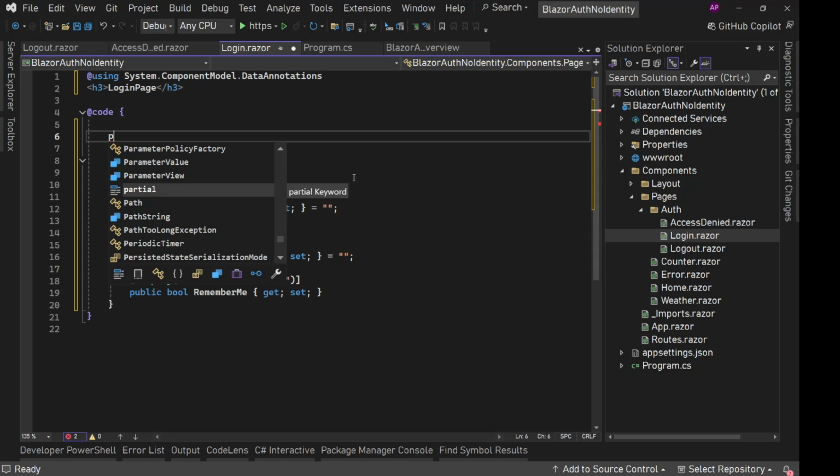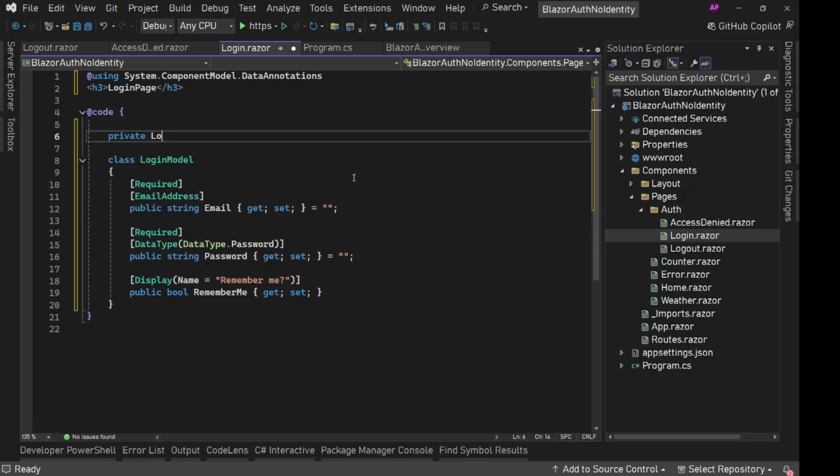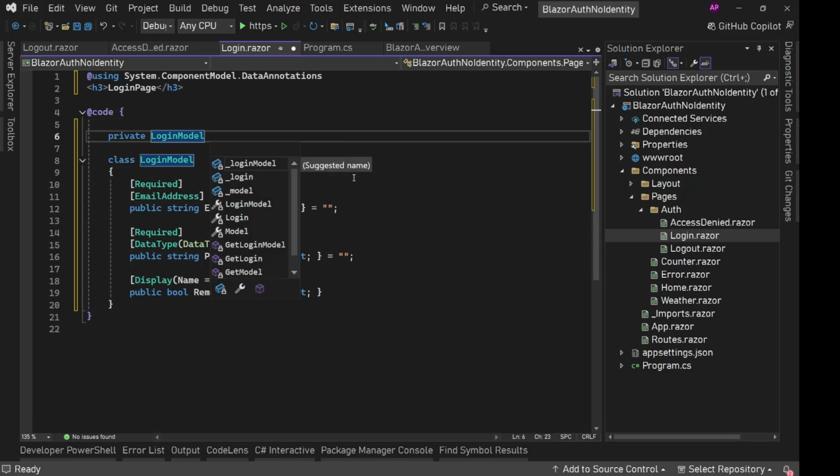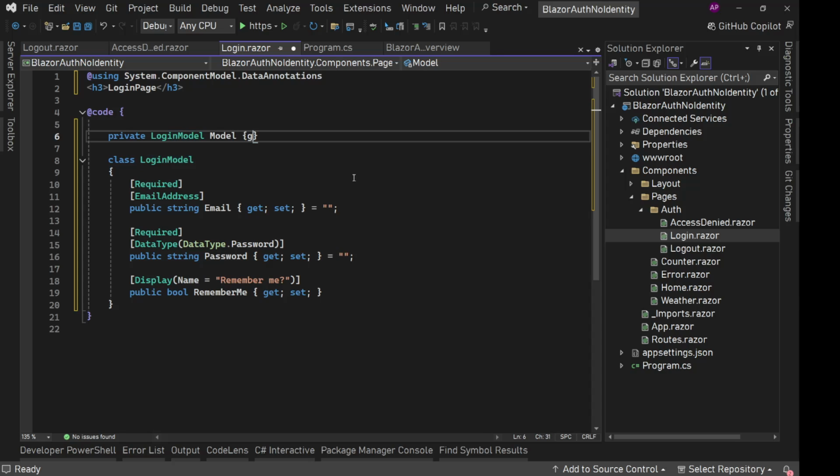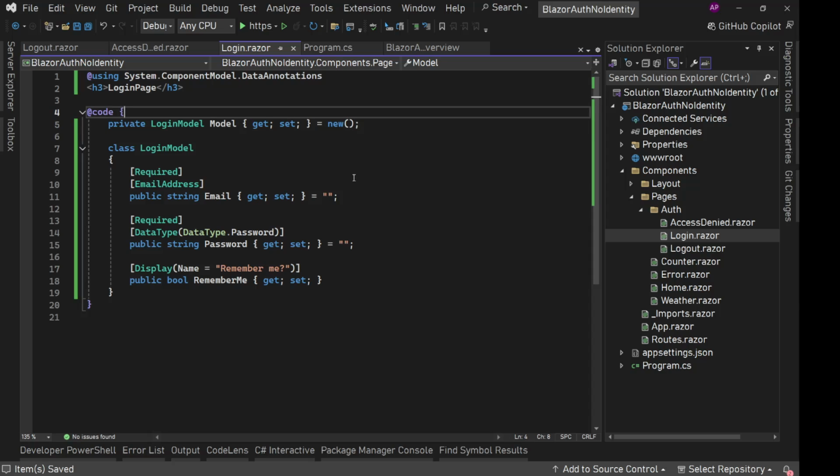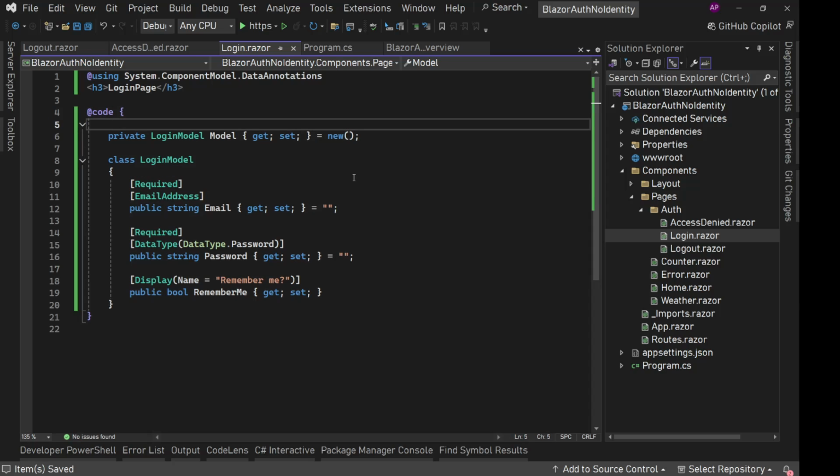So we'll say private login model, let's say model with our get set, with a default value of empty model. Okay. Now because of how auth works in Blazor Web Apps, the login and logout page, or